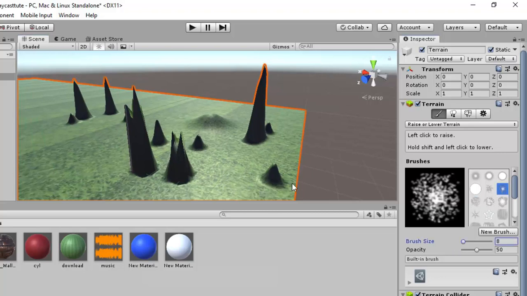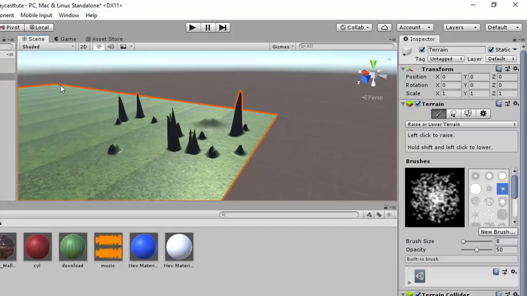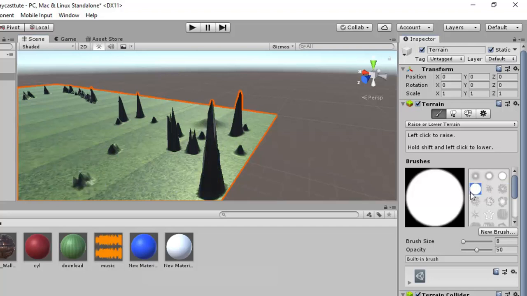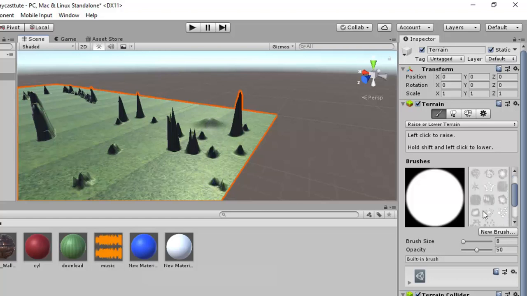There are various other options. Now if you want to lower it down, just hold the Shift button and you can decrease it. Now we can click on another brush type.